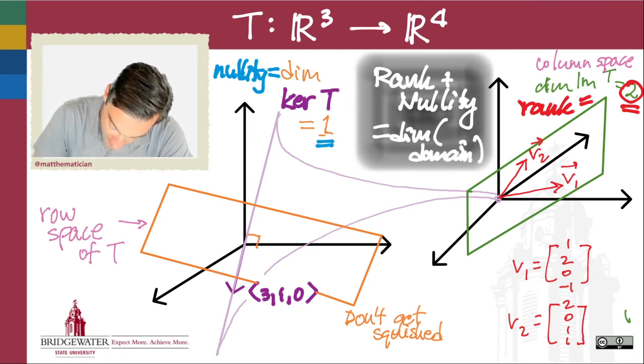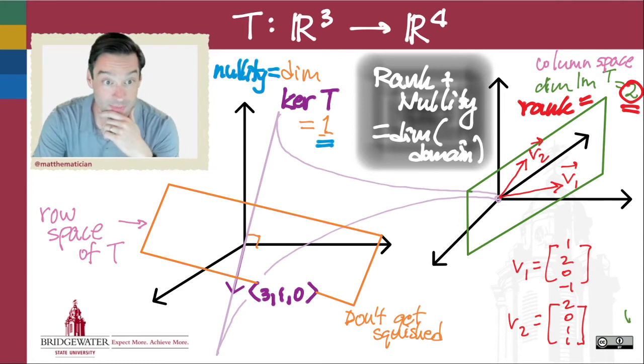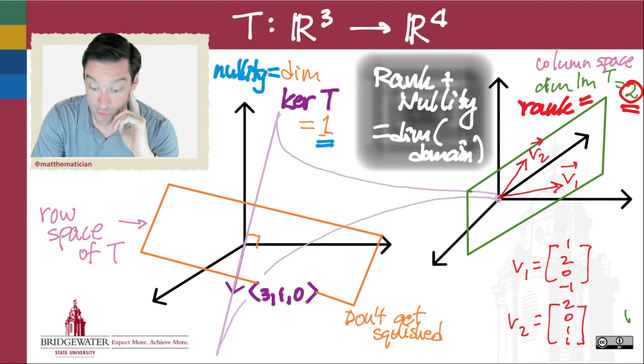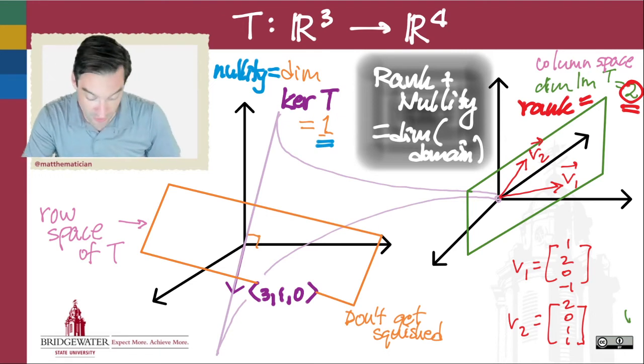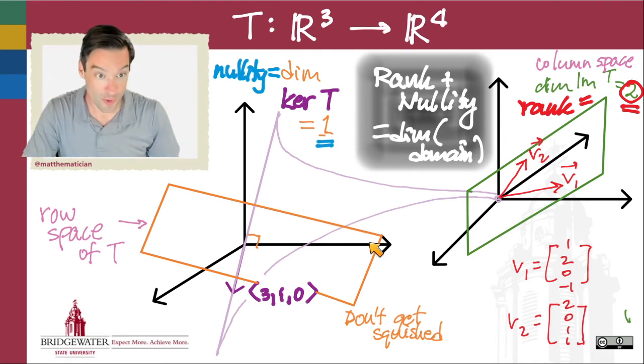In other words, the number of columns of my standard matrix. So here we had a one-dimensional kernel, we had a two-dimensional image, and when I add 1 plus 2, I get 3, which was the dimension of my domain space for this linear transformation. And part of that, too, is it encodes this idea that the row space actually has the same dimension as the column space. Because if we count the dimensions back here in the domain, we're really adding together the dimension